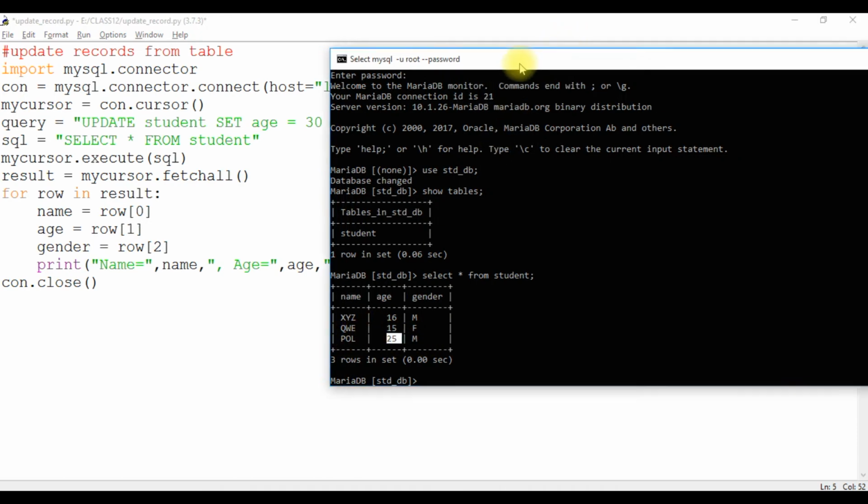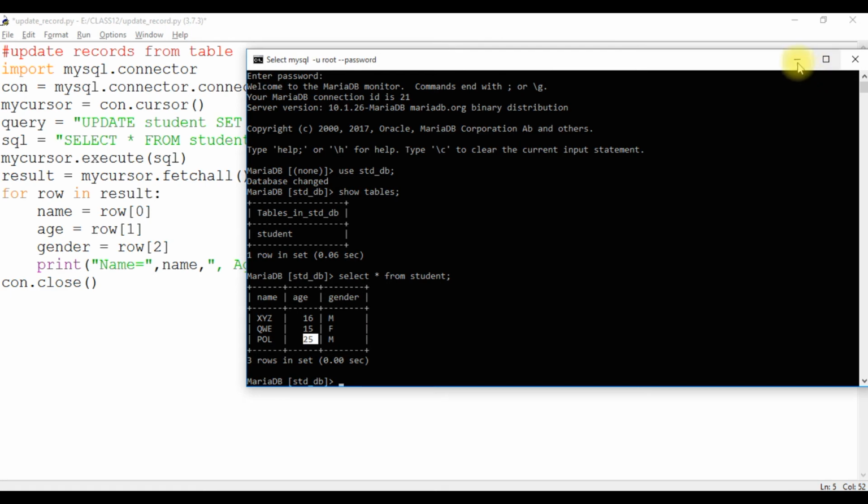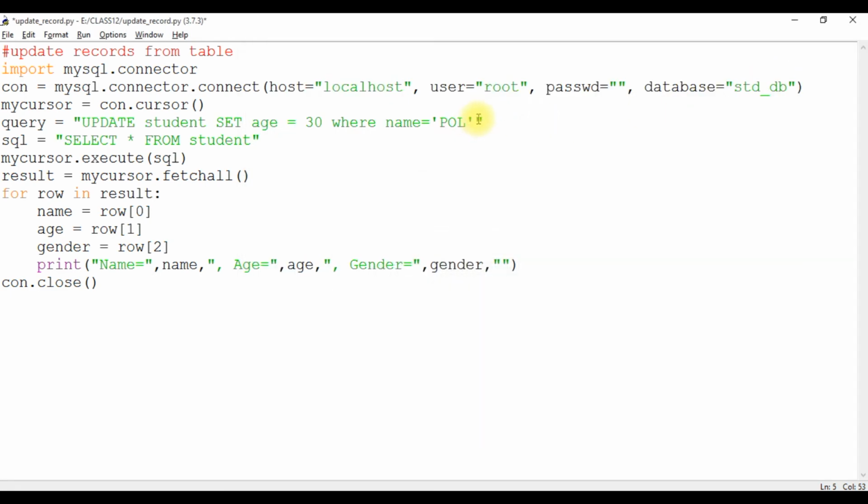If we want, we can also add the gender: and gender equal to, and since this is also a string, we write it in quotation marks, M. This will update the record where the name is Paul and gender is M, and it will change the age to 30.